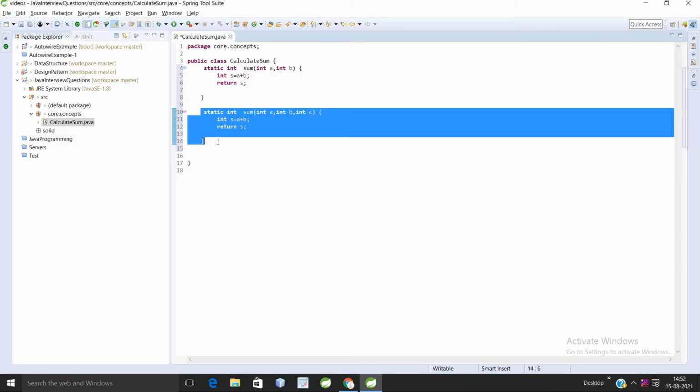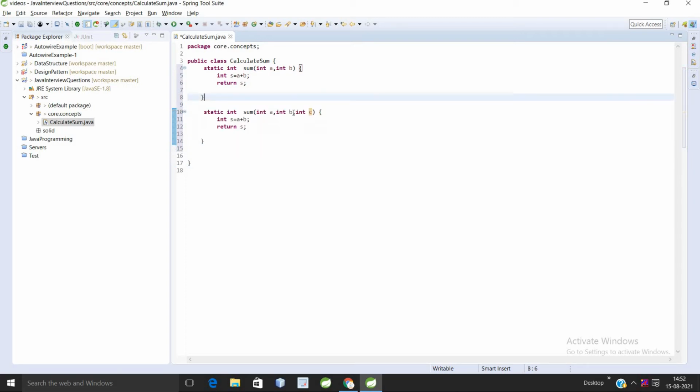It is called compile time polymorphism because the compiler checks at compile time, and it gives us a compile time error for a duplicate method. So the function name is the same and it is working for three integer values.